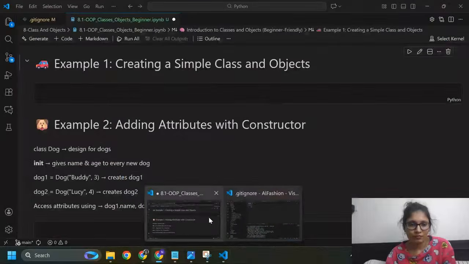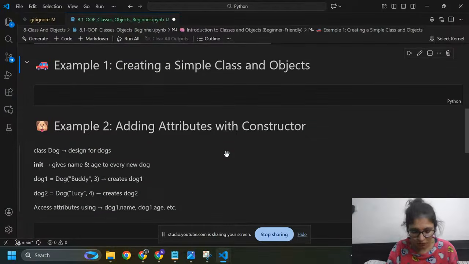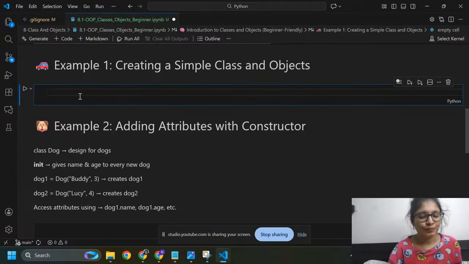Now I am going to share my screen with you so that you can clearly see the code. So first of all, I'm going to create a simple class with the help of objects.